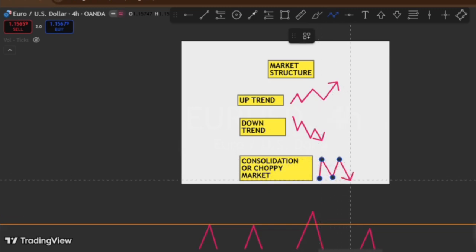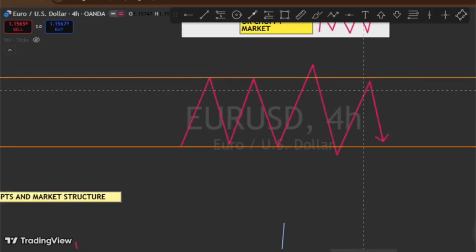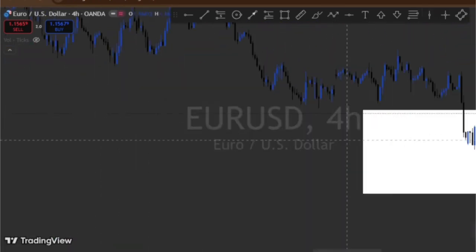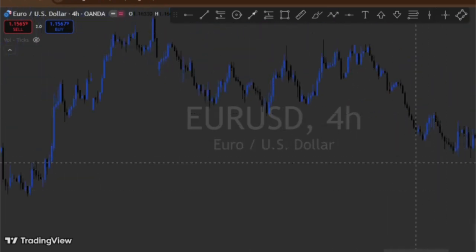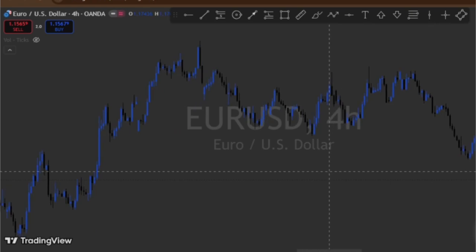So we are seeing this is a consolidation market. So we have seen them. Let's dive into the real charts now. Let's go with the examples. Someone will ask, how can I know the examples? So we could see